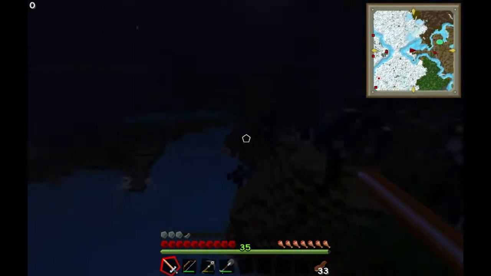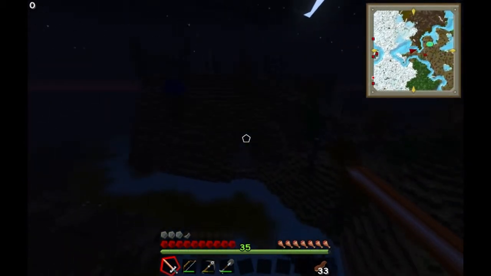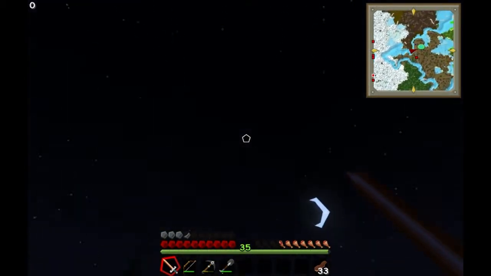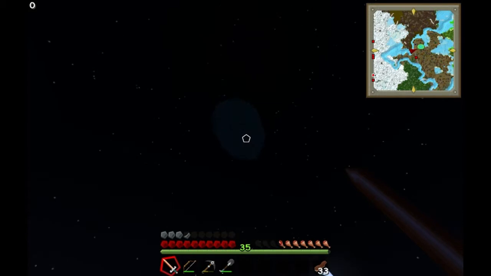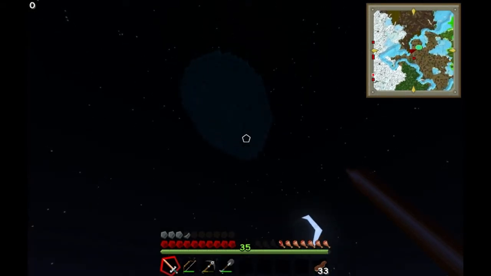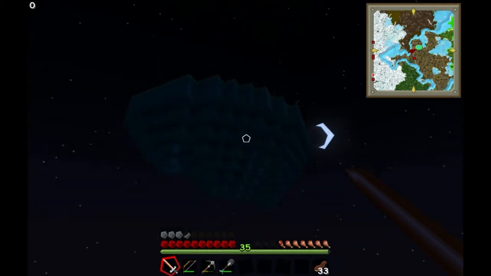Now it's nighttime, so we should definitely get some mobs walking about that we can take out and try our new sword on. But if we look straight up, oh, what's that? Here we are. There are these floating islands. This is another one of the mods. I believe this is a part of Tinker's Construct actually, but